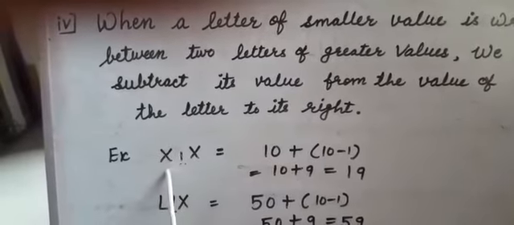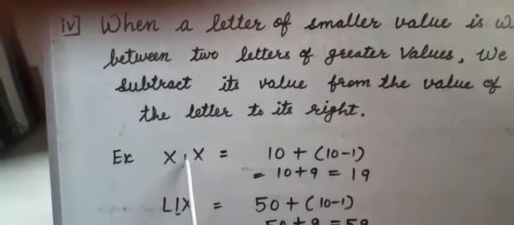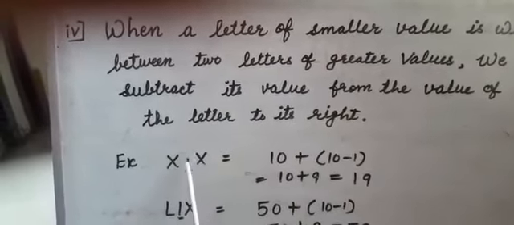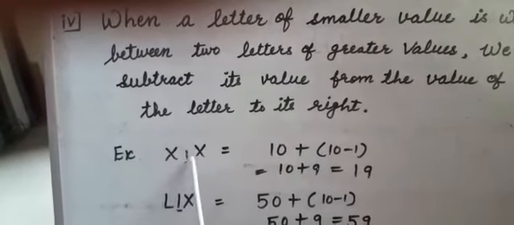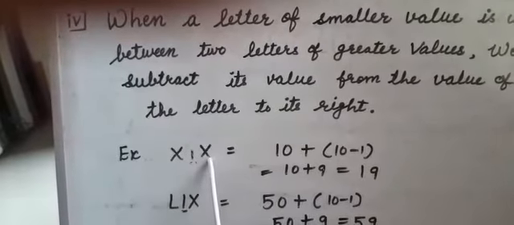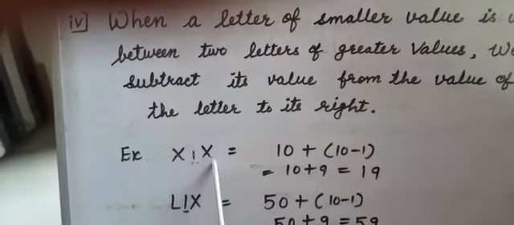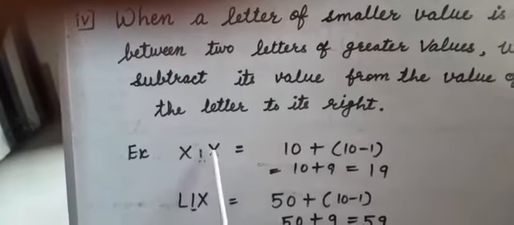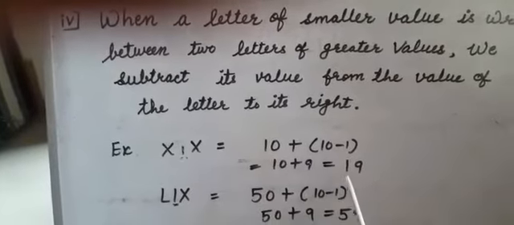See here, this X is representing 10 and from this X when I am subtracting 1 it will be giving me 10 minus 1, 9. Here I am subtracting this I from this X which is right hand side. इन दोनों X में से जो X राइट हैंड साइड में है ये स्मॉलर वैल्यू के राइट हैंड साइड में है, तो I am subtracting from this X the value of I. So in this manner this XIX is representing 19.